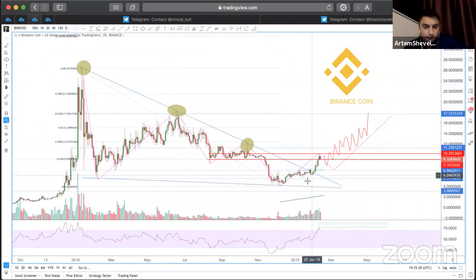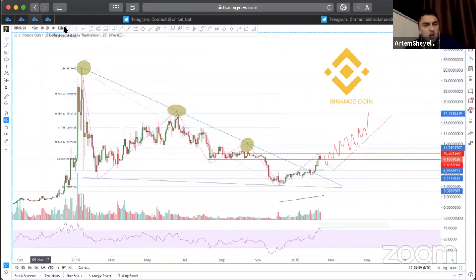Okay, so we noticed that the 10 level is probably a huge level to break out, where the price is probably going to reverse, at least for the short term, for the next few maybe days or weeks. So right now we can expect a rebound from this $10 area to the area of the $7 or $8 mark.